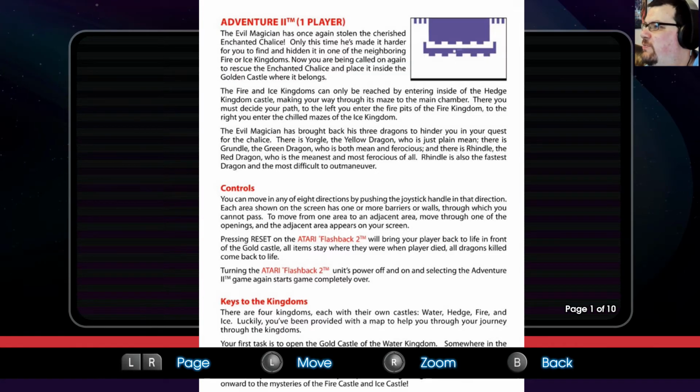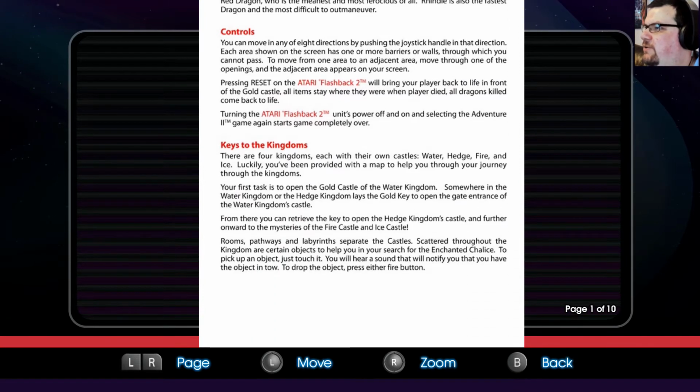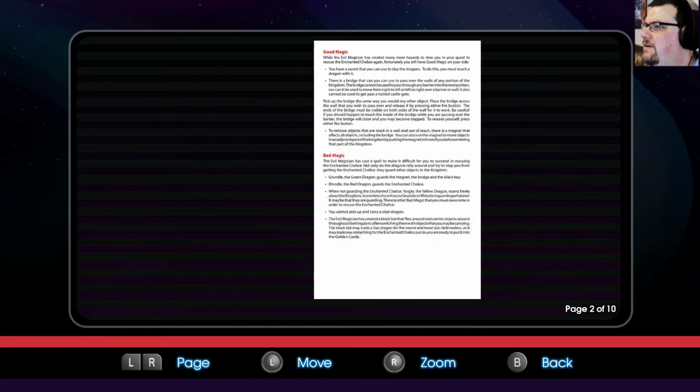The evil magician has brought back his 3 dragons to hinder you in your quest for the chalice. There is Yorgle, the yellow dragon. We've seen all this before, so a lot of this is just copied and pasted from the original adventure manual. But if we move on...